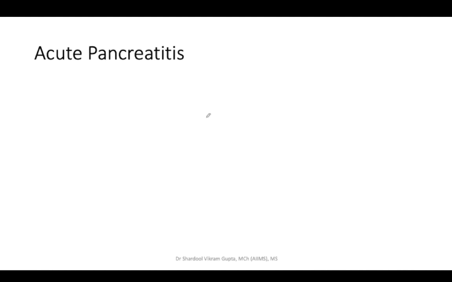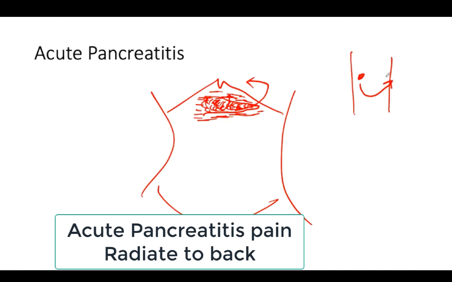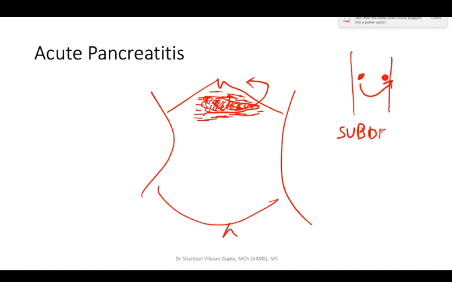So what will happen in acute pancreatitis? There is inflammation of the pancreas, and since pancreatitis is rupture of the pancreatic acini, the fluid will trickle into the retroperitoneal region. Actually, the pancreas is also retroperitoneal, and the pain will refer to the back. So the pain will be in the epigastrium region and it will refer to the back. So sudden epigastric pain which refers to the back is suggestive of acute pancreatitis.